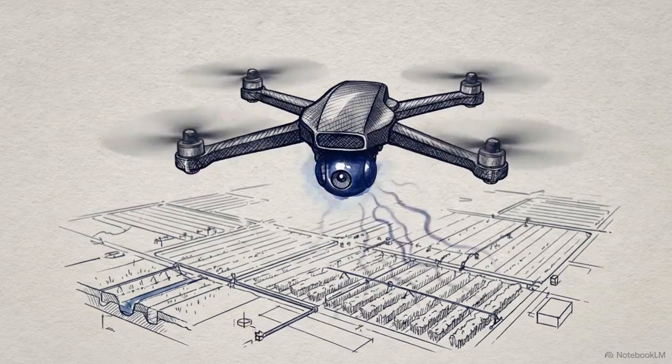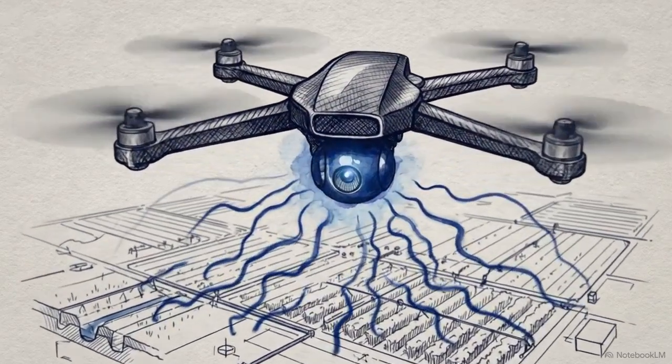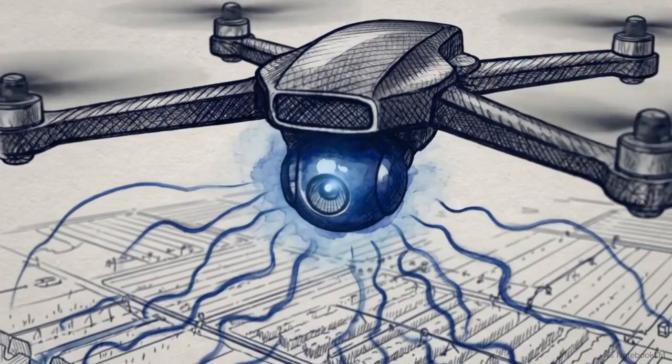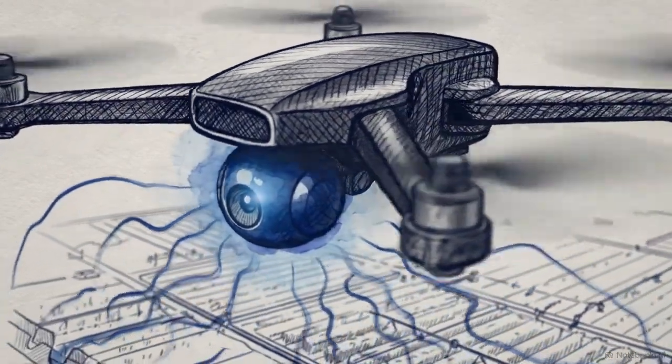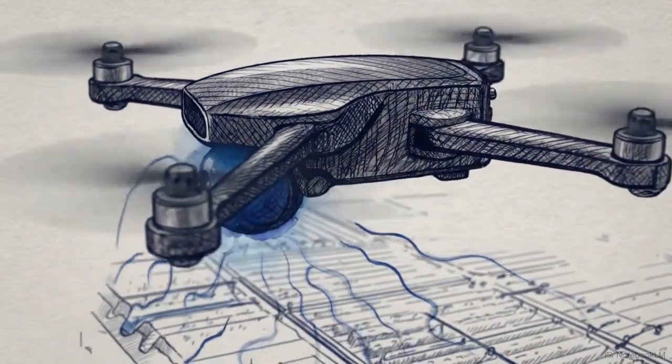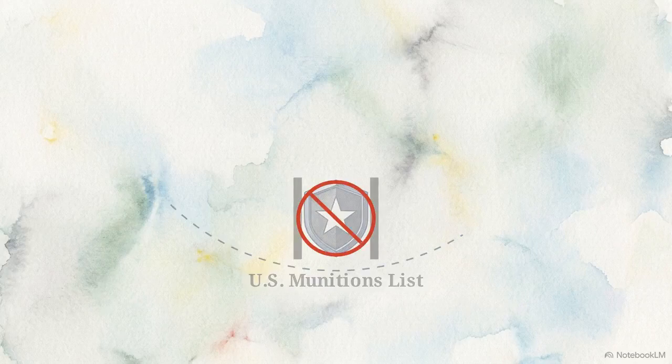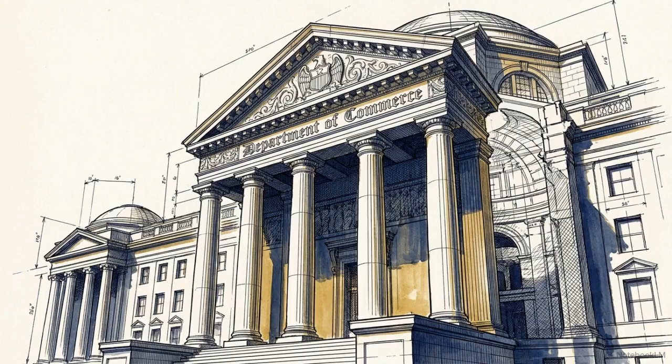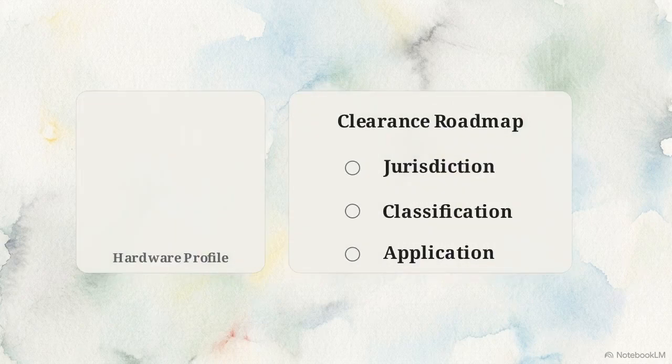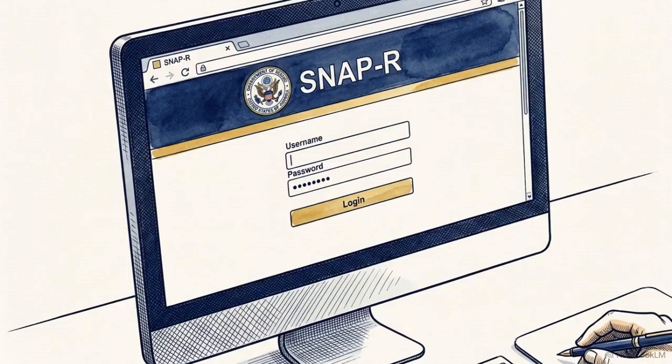You have an advanced, autonomous commercial drone ready for international markets. Hardware with this level of capability triggers immediate federal oversight. While it avoids the U.S. munitions list, a high-tech platform like this falls under the jurisdiction of the Commerce Department's Export Administration Regulations, or EAR, a federal violation. We are going to walk through the exact steps to clear this hardware for export by submitting